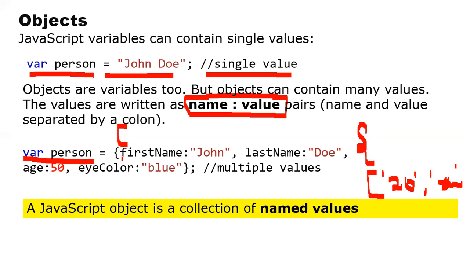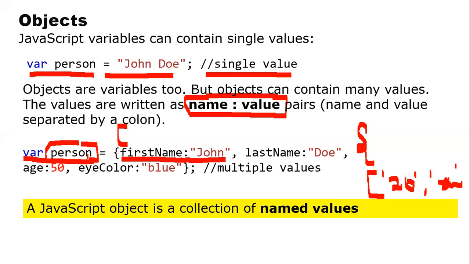But whereas in case of objects, what I'm going to do is use some property name, or you can call it some data of that particular object, followed by the colon symbol, and then you define the value for it. For example, let us say I'm defining a person object. For this object called person, I want to have different data, or different characteristics, or different properties.